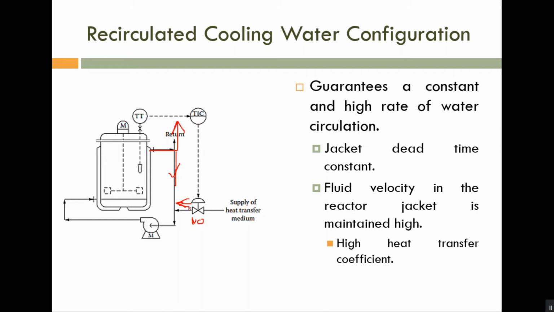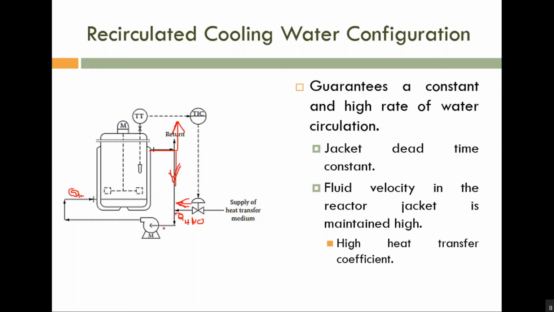If this flow rate is small and there is no recirculation, say this flow rate is QH, and this flow rate is also QH. QH is small, where QH means flow rate of heat transfer medium. So if QH is small, then the flow rate through this shell is also small. So we have the problems of variation of process dynamics, small Reynolds number, large residence time, etc. In order to avoid that, this line is also taken.